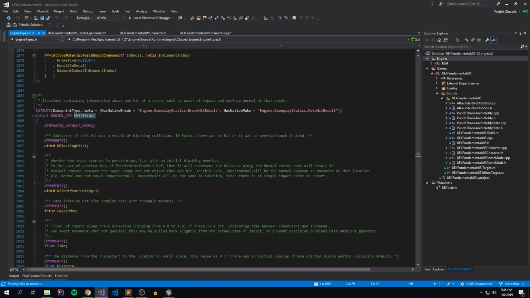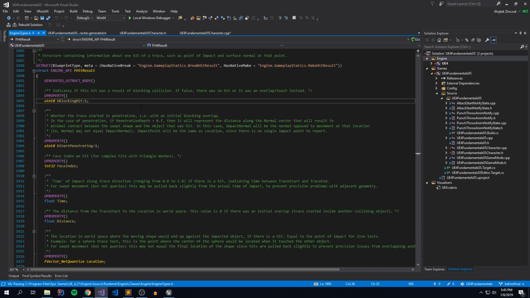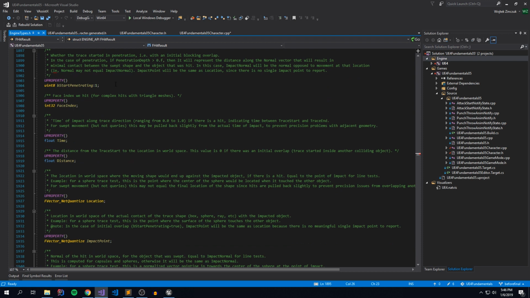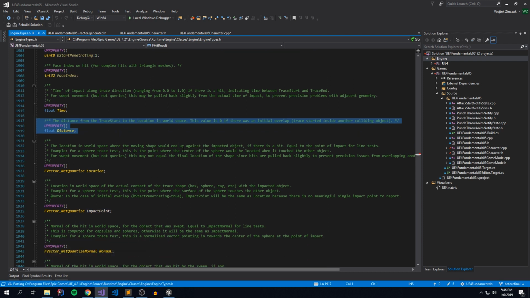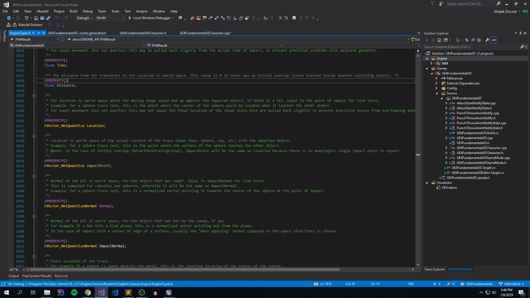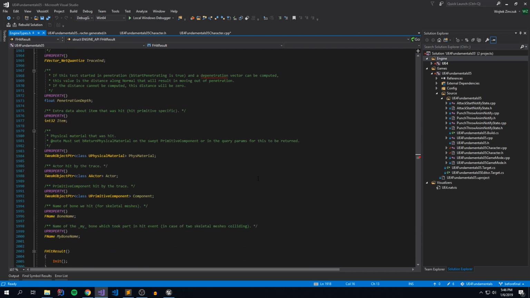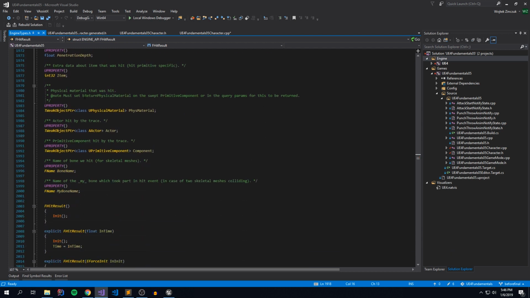And if we pull up the FHitResult, you'll notice there's a pile of different properties for it. Whether it's a blocking hit, whether there's penetration that may be occurring, which face did we actually interact with of the object that we hit, the time, the distance traveled, because we're saying, hey, go out 1,000 points away from the point of origin, but if it hits something earlier, you'll get the distance. You get the location, the impact point, the normals, trace start, trace end, all of this other interesting stuff, like,